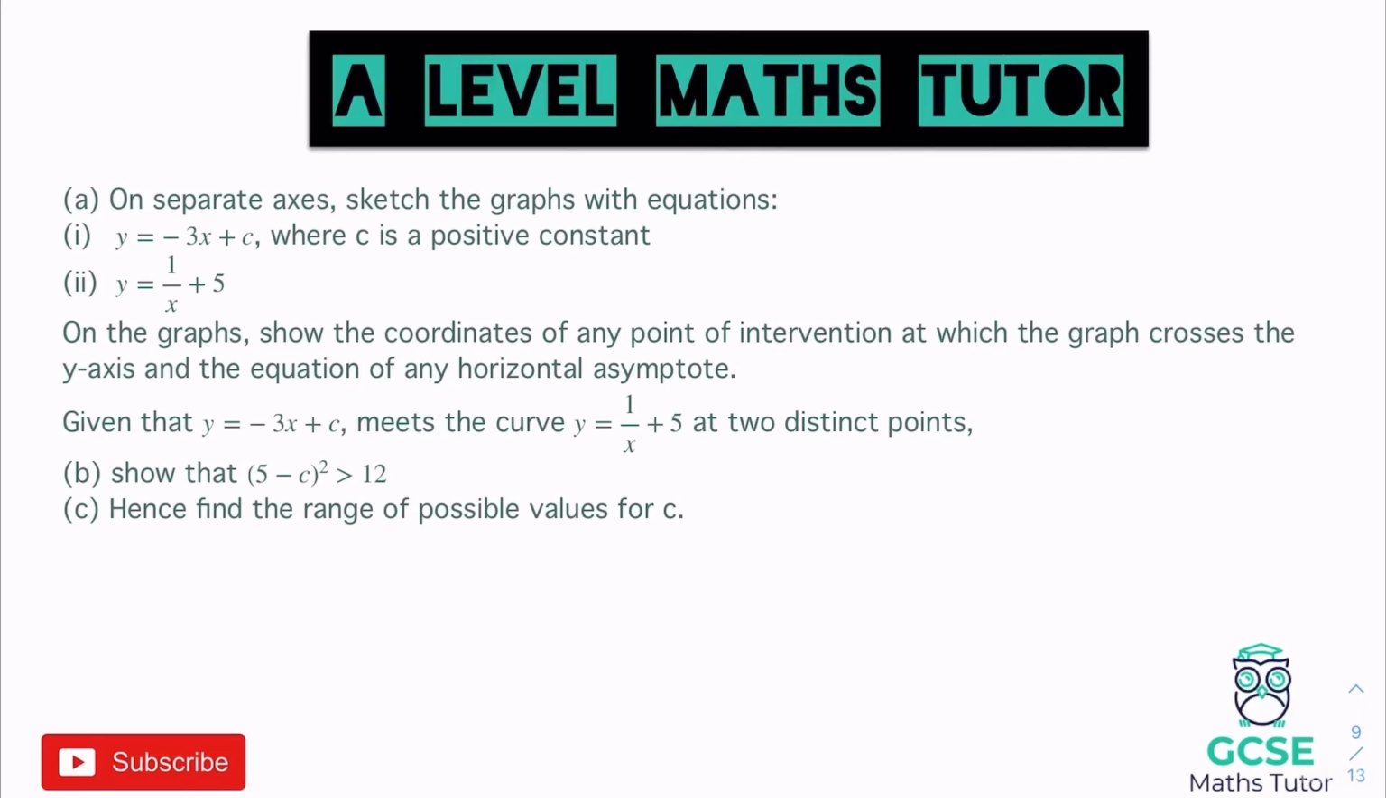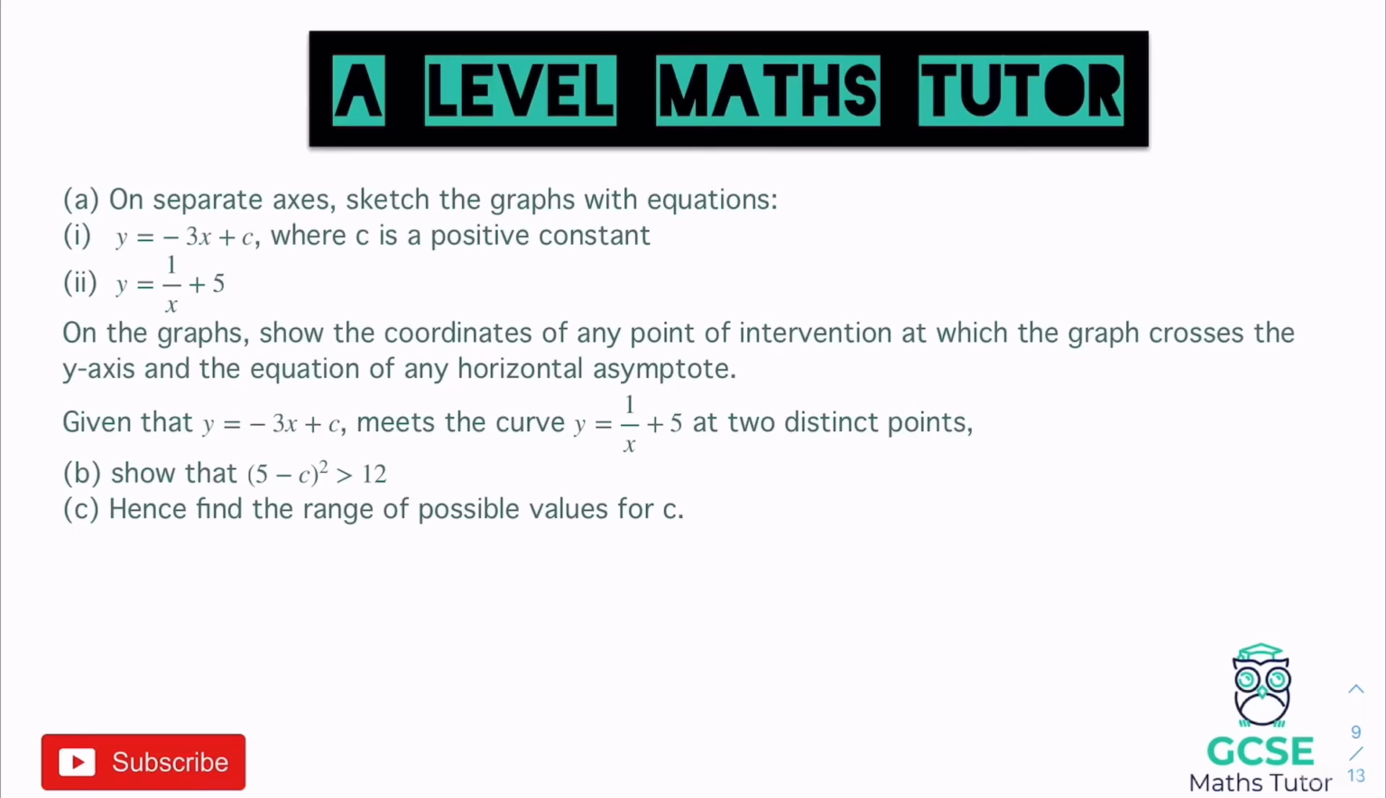And for our second one there, we've got y equals 1 over x plus 5. It says on the graph, show the coordinates of any points of intersection at which the graph crosses the y-axis and the equation of any horizontal asymptote. It also says here, given that y equals minus 3x plus c meets the curve at 2 distinct points, show that 5 minus c squared is bigger than 12, and hence find the range of possible values. So as well as everything that we've already looked at, we've got a couple of other